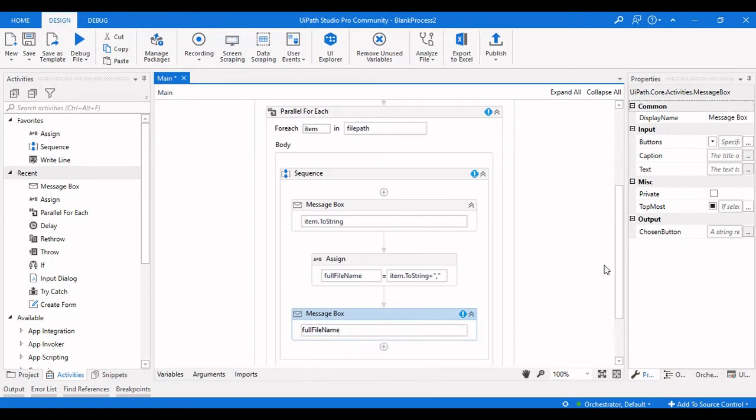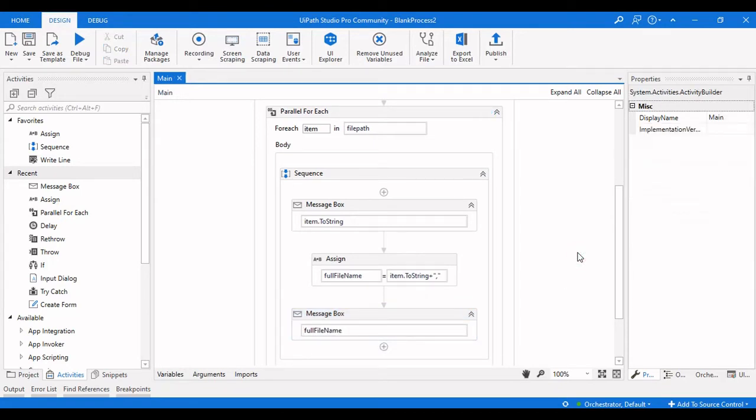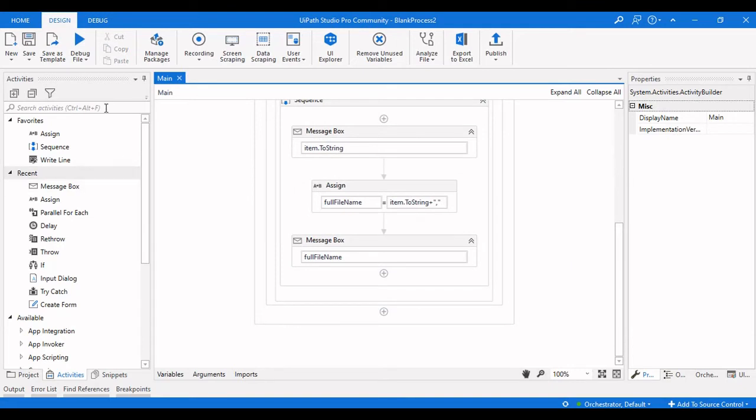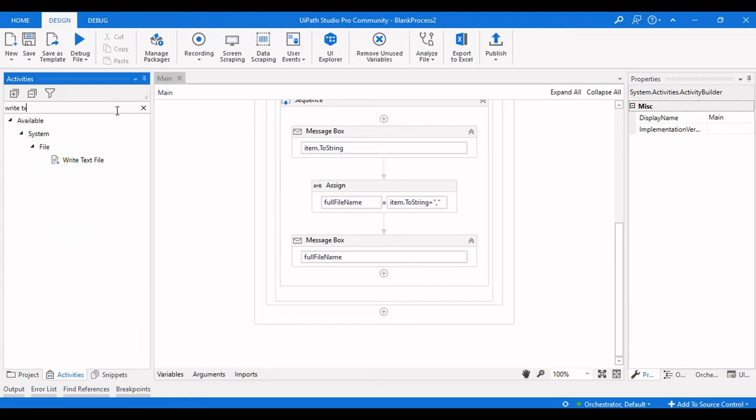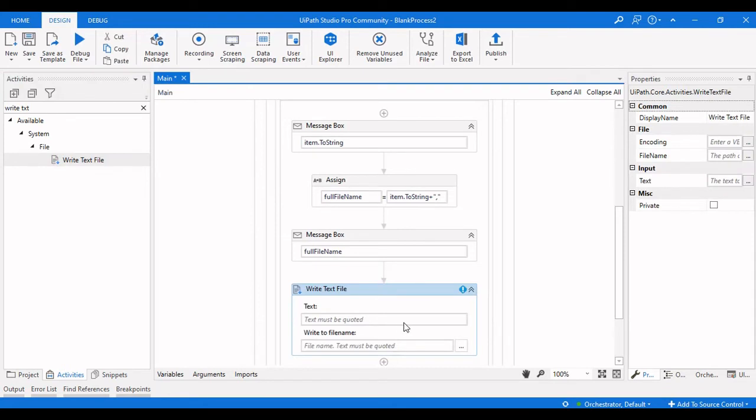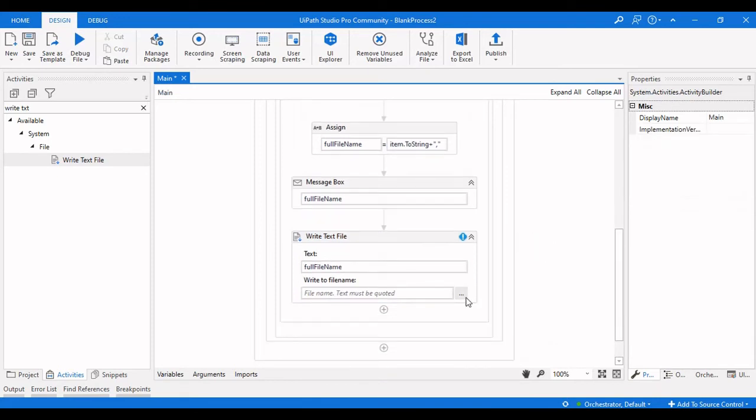full file name, now I need to write this particular full file name in a write text file, right? I need to write this in a write text file. Let me write the text as full file name, and then let me drag the text file as well.